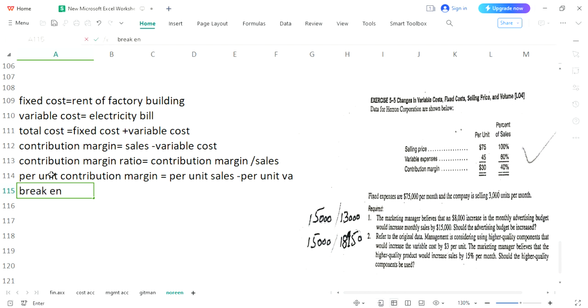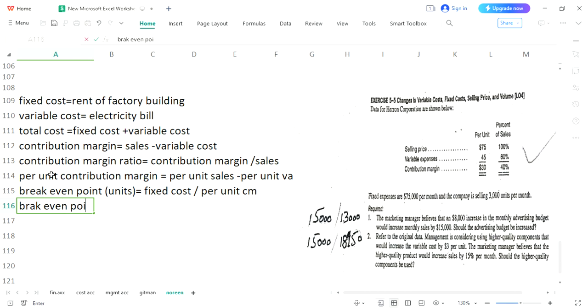and then you have seen your break even point in terms of units. So when you want to calculate your break even point in terms of units, you will divide fixed cost. Your fixed cost would be divided by per unit CM. This way you will be able to calculate break even units,